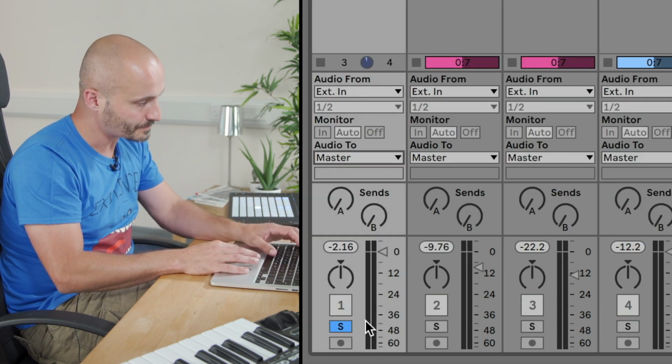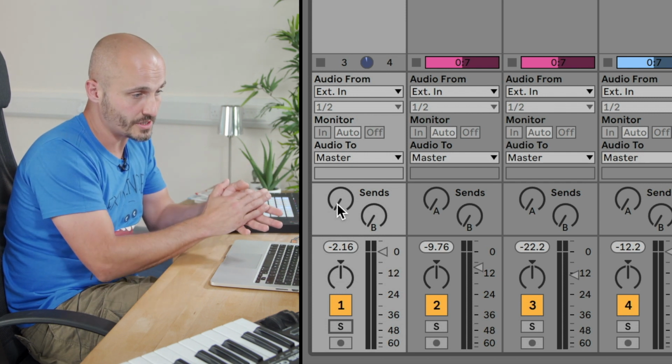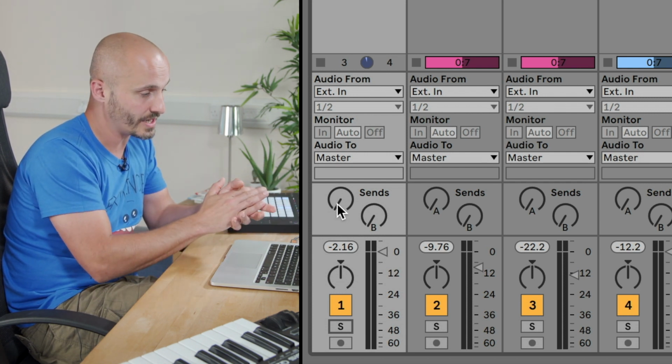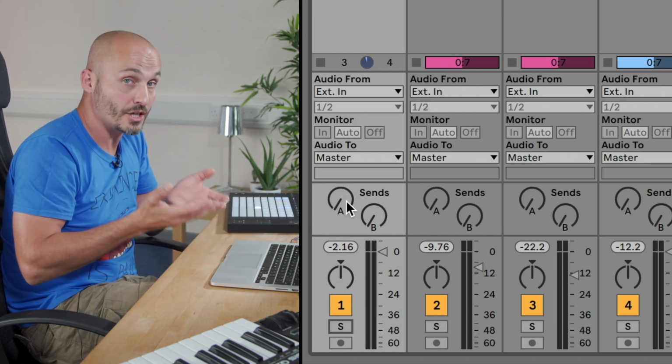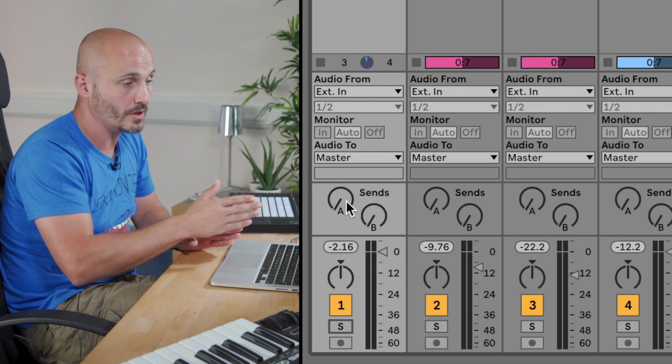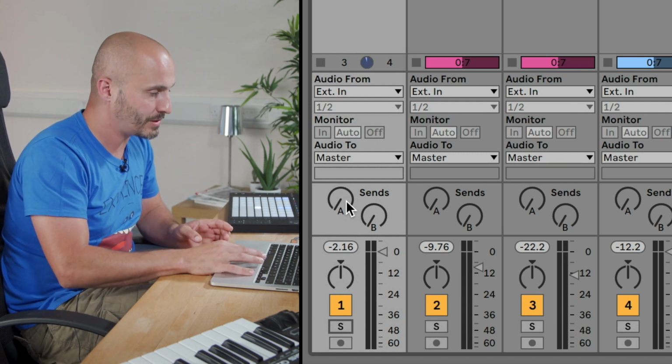At the moment, none of this signal is going to the return track, return track A. This is an amount dial, and I can feed an increasing amount of my drum signal to that other destination where my reverb will sit. So if I just play this,